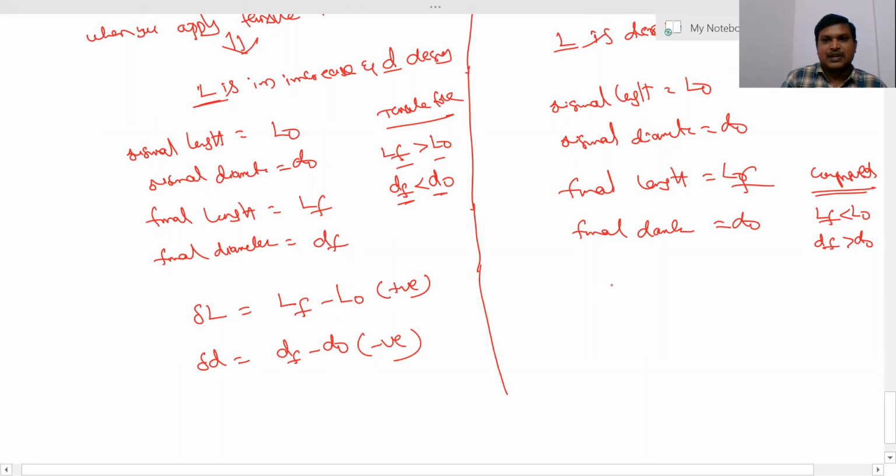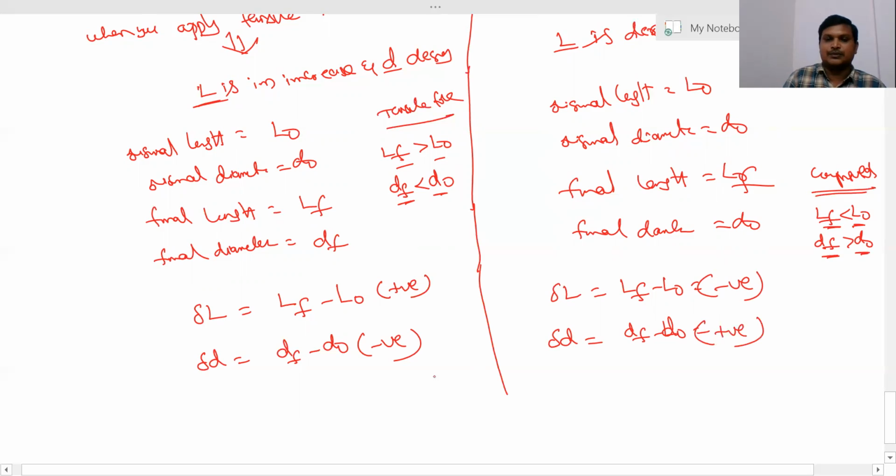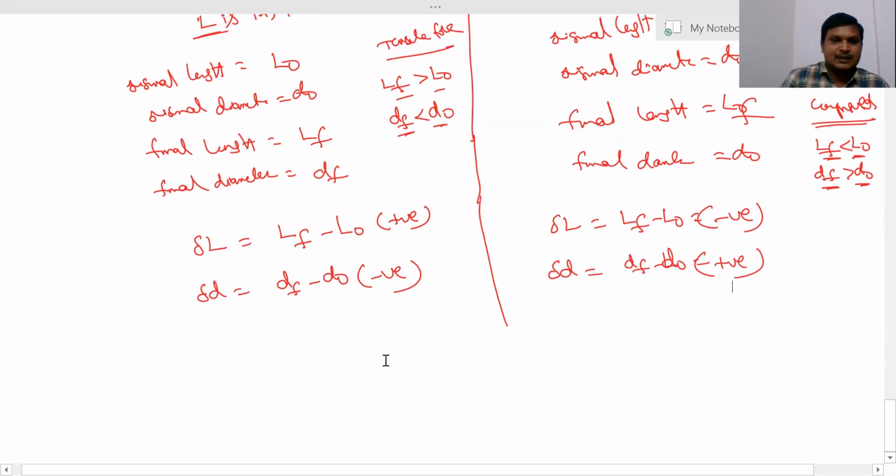From the compressive force side, change in length is equal to final length minus original length. The final length is less than the original length, so it is negative. Then the change in diameter is again final diameter minus original diameter. The final diameter is greater than the original diameter when compressive force is applied, so this is positive. So we can write that Poisson's ratio is equal to lateral